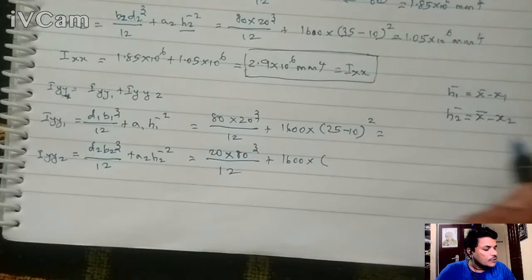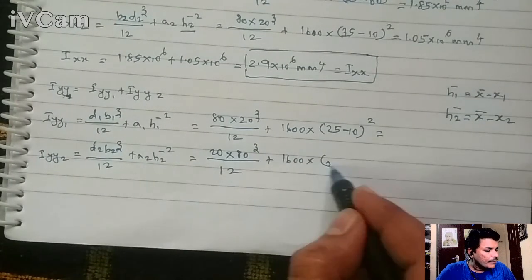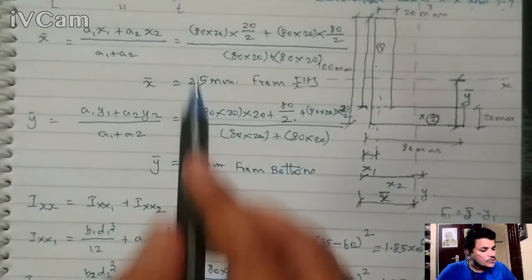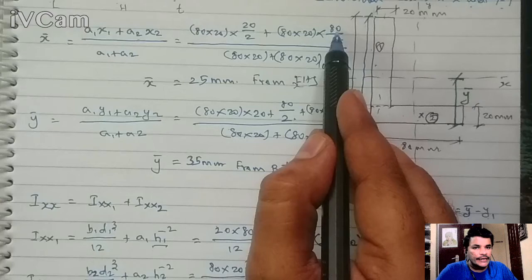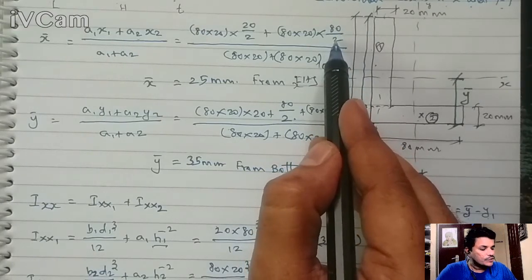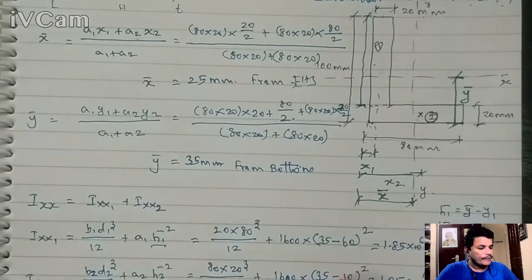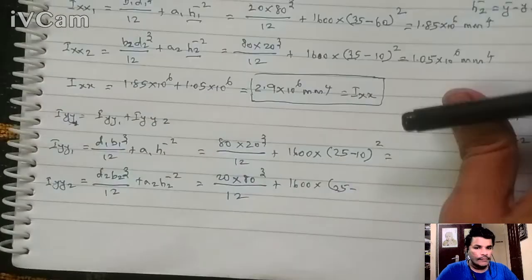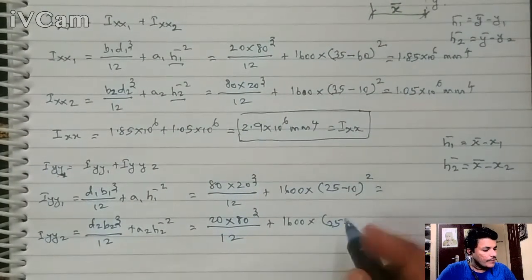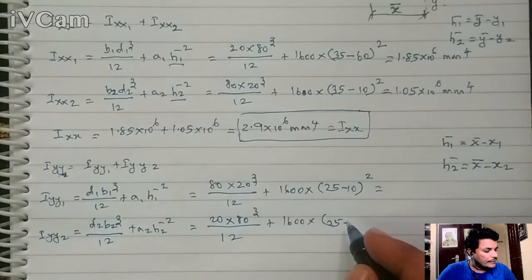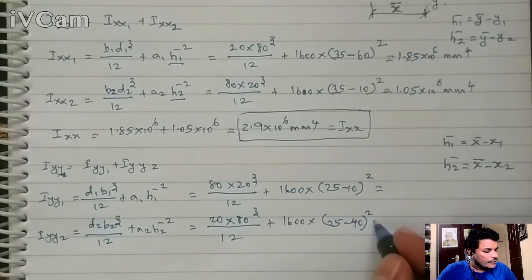So x bar, you know, 25 mm, minus x2. This is x2, the value is 80 by 2, that is 40 mm. So 25 minus 40, the whole square, which is equal to,